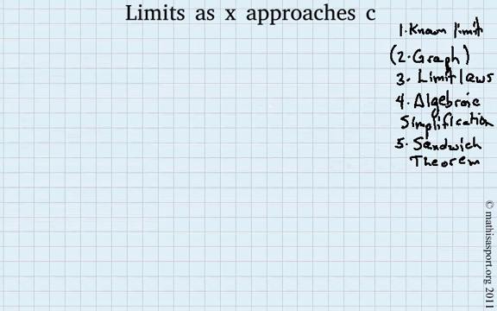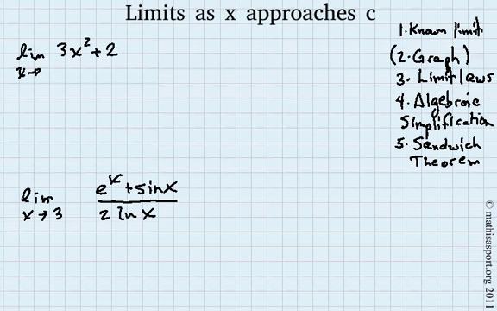Now, the 5 limit laws are, as I said, almost identical to the ones that we had as x approaches infinity. The only difference is a technical one, and it's not something that we're going to cover. So let's take a look at a couple of examples just to make sure we understand how the limit laws would work. So again, you look at this function that's given, 3x squared plus 2, and you have to conclude that no, that is not one of the known limits that I've looked at, but you determine that you can simply use the